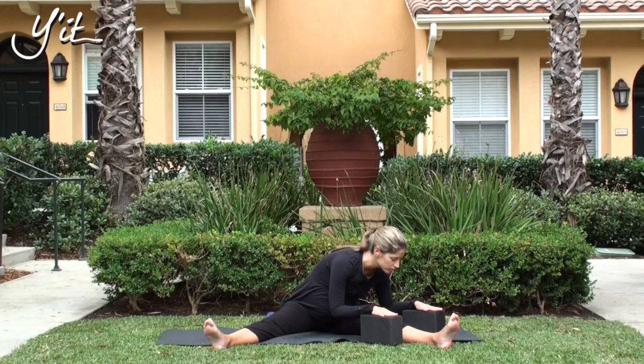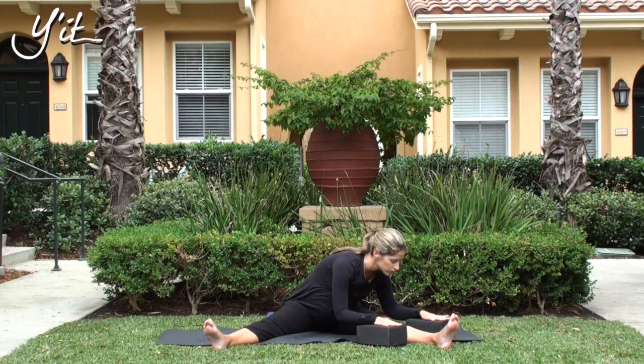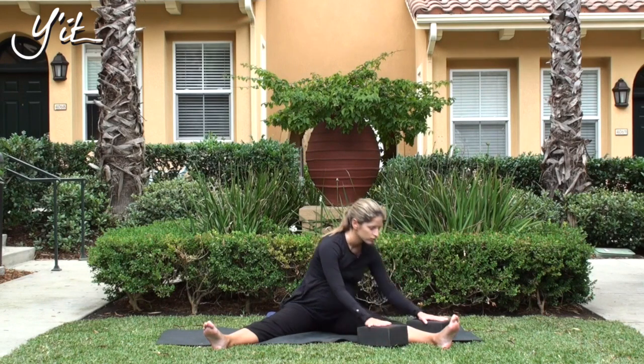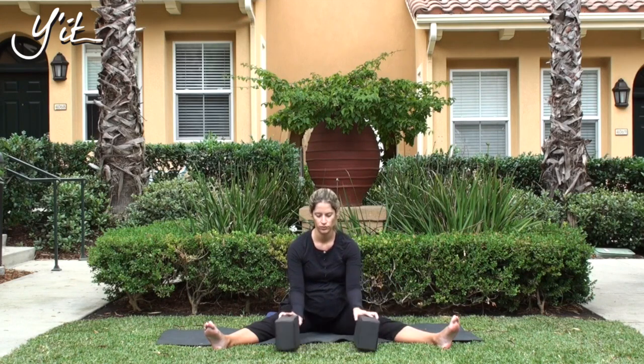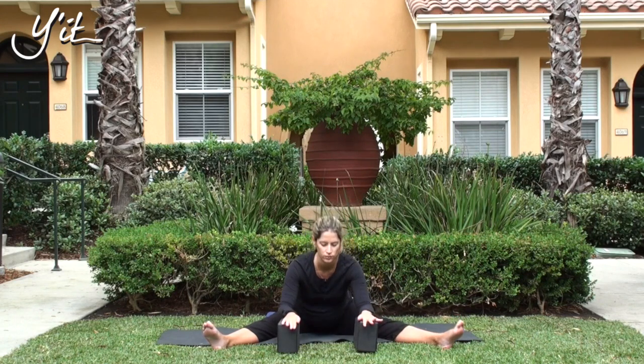Your belly has plenty of space, your spine is straight, your thigh muscles are engaged. If you want a little more intensity, you may place the blocks flat on the floor, and that allows you to come a little closer to the floor. Back to center, now blocks in the center, in between your legs, placing your hands on the blocks and once again folding forward,